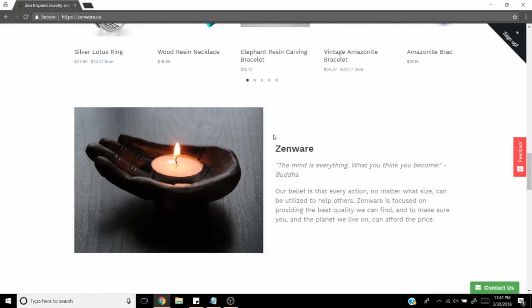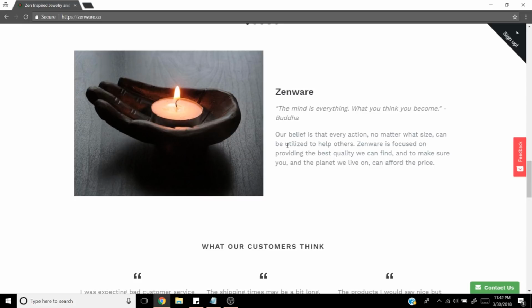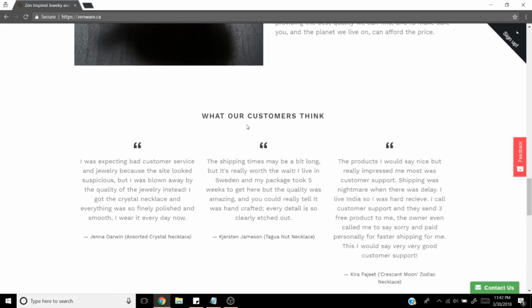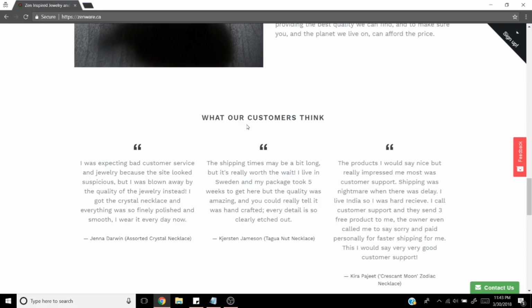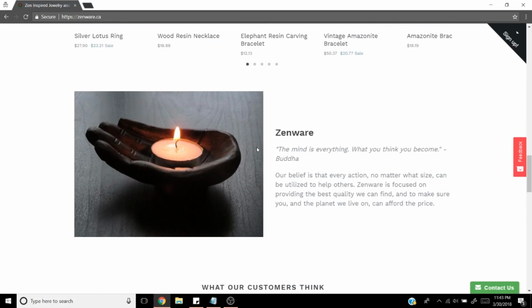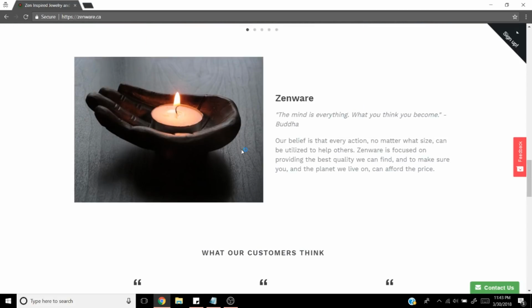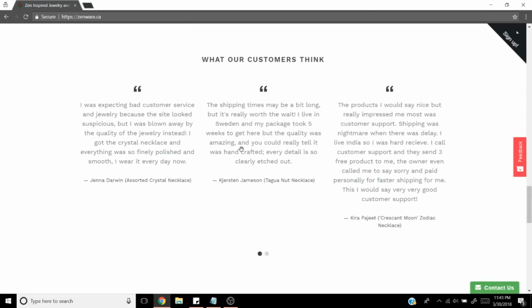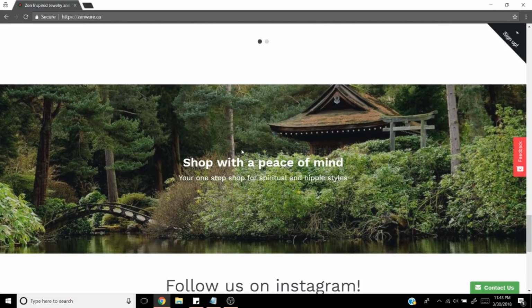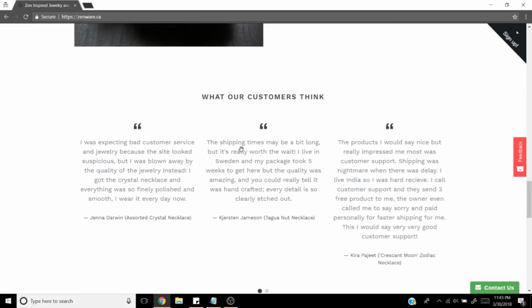Come down here, Zenware. Hey, what's up, Daniel? I would probably get rid of this as well. It just doesn't really add to anything. Expose my life. Probably get rid of this. It's not bad to have like 1 or 2 extra things, but there is a decent amount of stuff that doesn't really add anything. And I know it's like the Zen stuff, so it's good to have stuff like that, but it is a little bit excessive. So I'd kind of pull back on that. What do customers think?